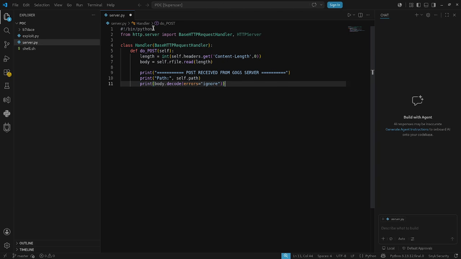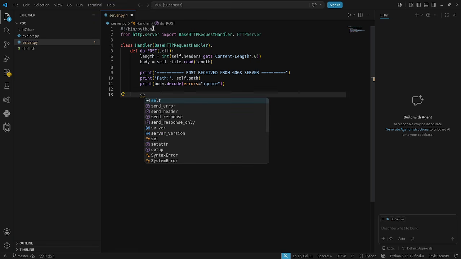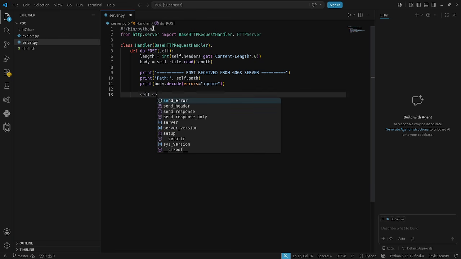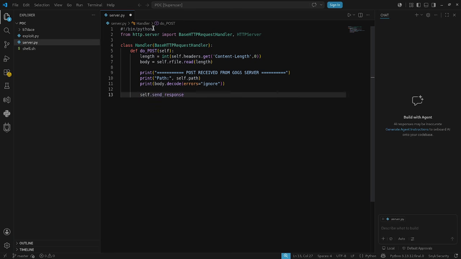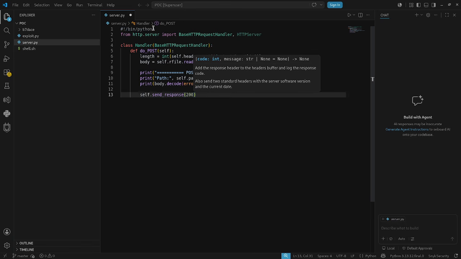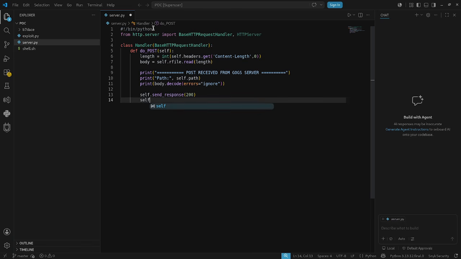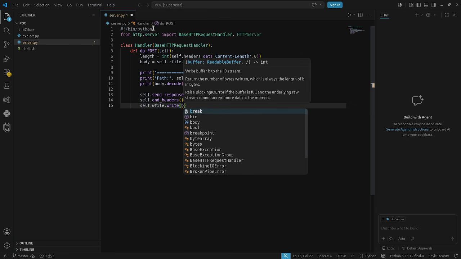Yeah, and then I needed to send_response 200, and also self.end_headers and self.wfile.write, I would say, and that should be it,